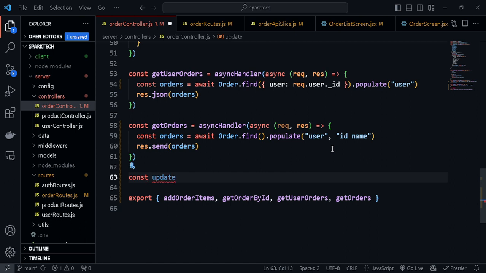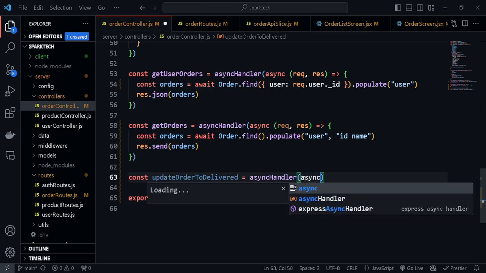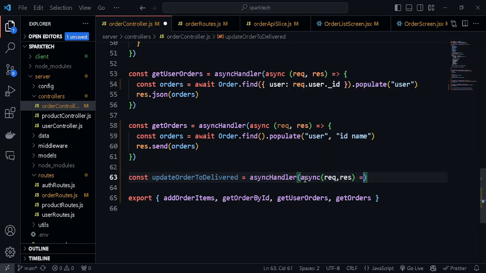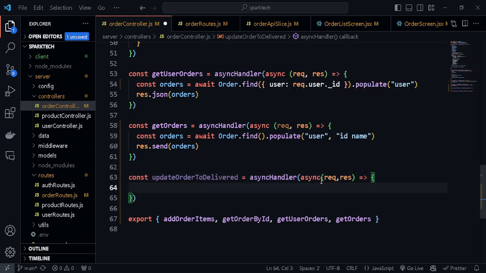Let's call this updateOrderToDelivered, and set this to a function within the async handler. Now let's go ahead and get the order based on the params that we have. We will be getting the order ID in the form of the URL params. So let's grab that by order equals await Order.findById,